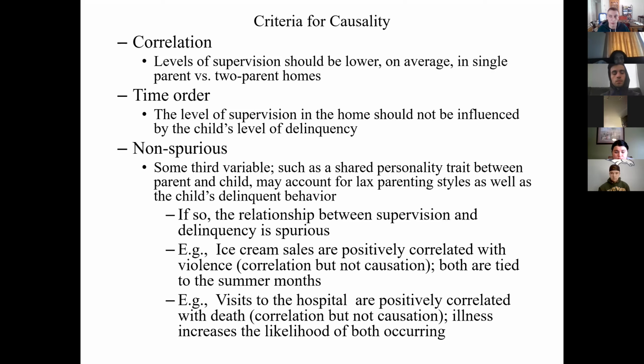in ways that fit with your hypothesis and your theory. Two, there's time order. So you need to make sure that X is really causing the influence on Y and not the other way around. It's not Y causing an influence on X. And then third, non-spuriousness, that you want to make sure